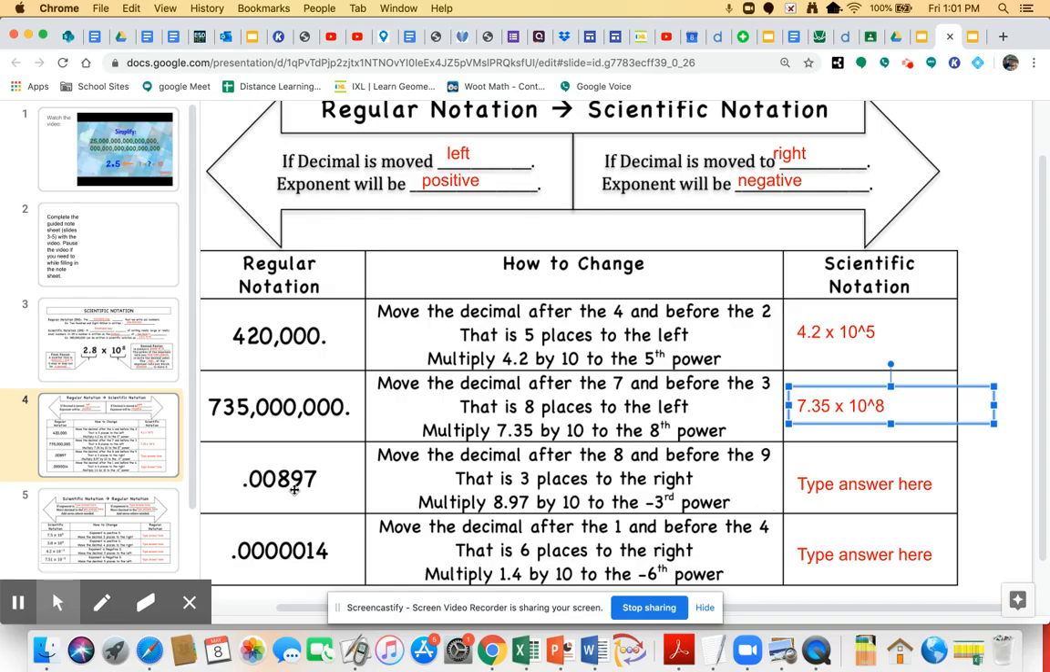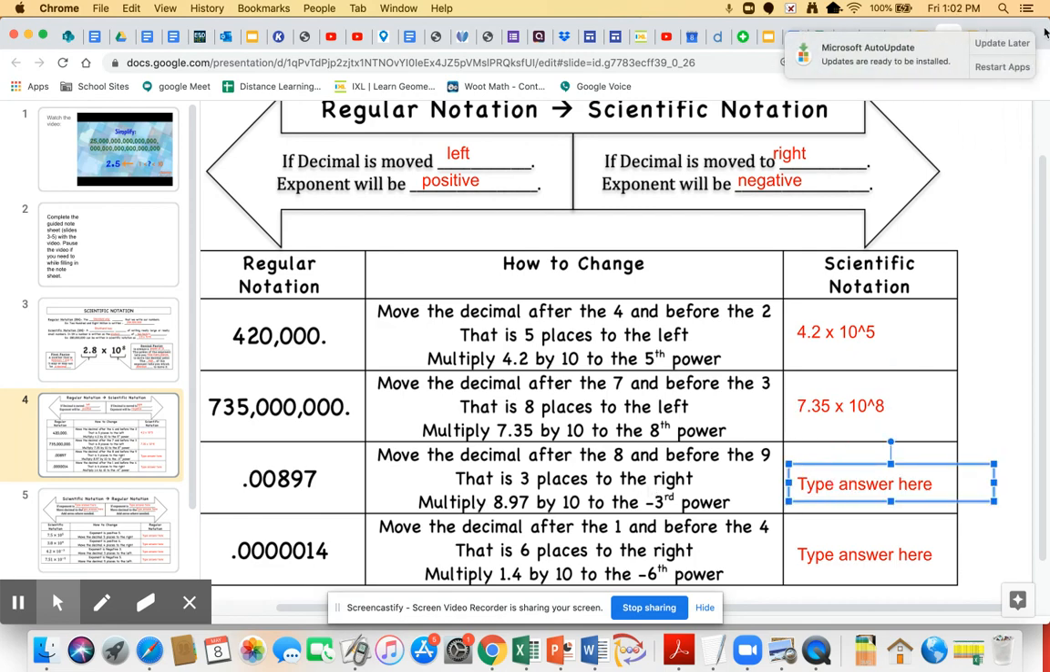Now this one is 897. This is tenths, hundredths, thousandths, ten-thousandths, hundred-thousandths. So the way we would say that is 897 hundred-thousandths. Again, we're moving that decimal between the 8 and the 9 because our first factor has to be between 1 and 10. And we don't drop that 7. We write out all of those digits in there, times 10 to the